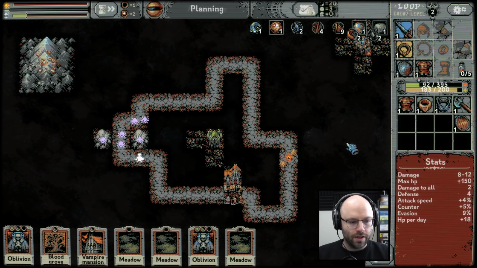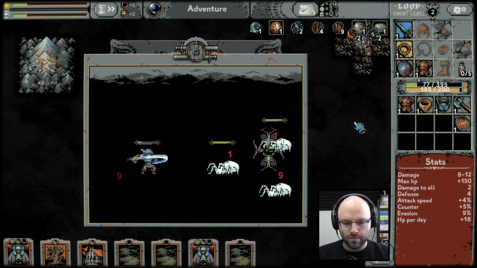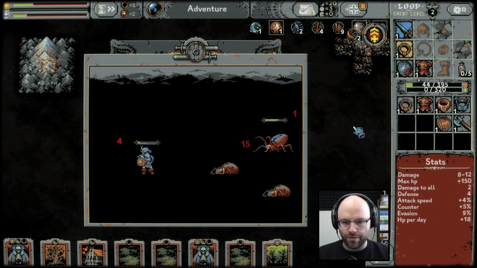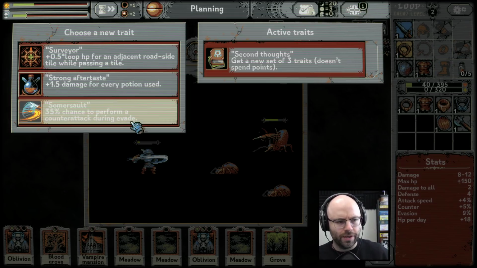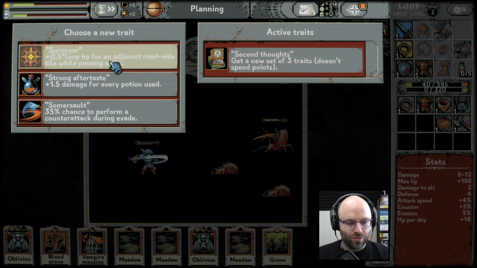We do heal a little off that, but 3 spiders, still not sweating it. Okay, grove means we can put down a blood grove. Apparently rat wolves also have souls, which would be useful. We need stuff that's actually beneficial for us. 35% chance to do a counterattack during an evade. Or damage per potion or roadside tiles. I mean, we need...